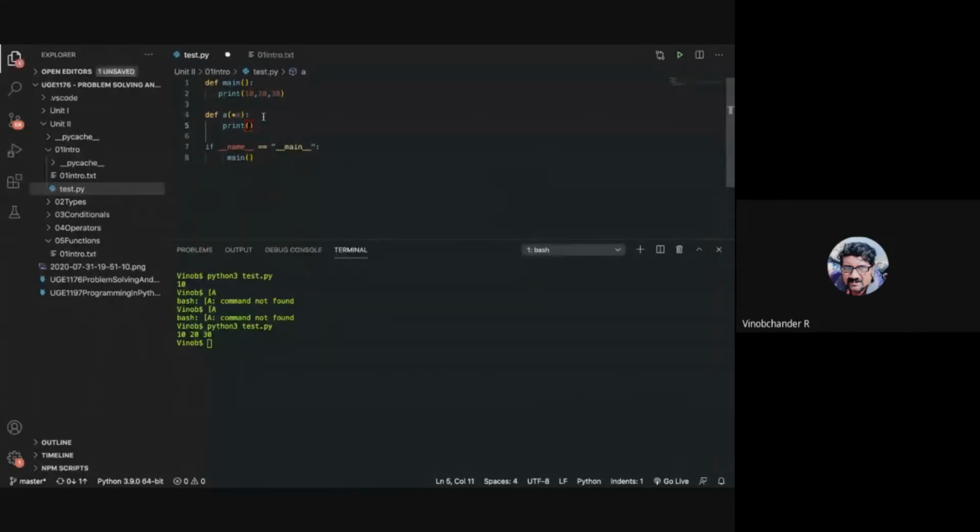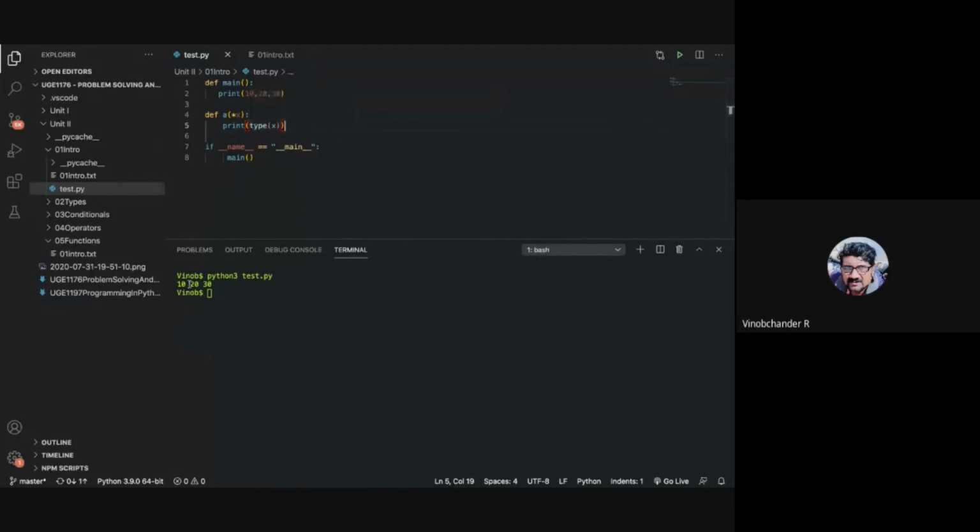So you see the type of X. In case you are printing the type of X, it says 10, 20, 30.